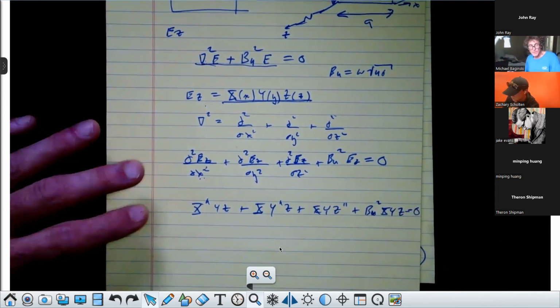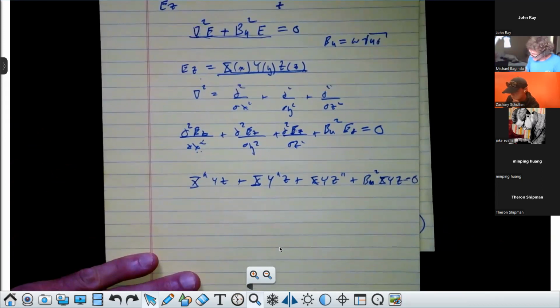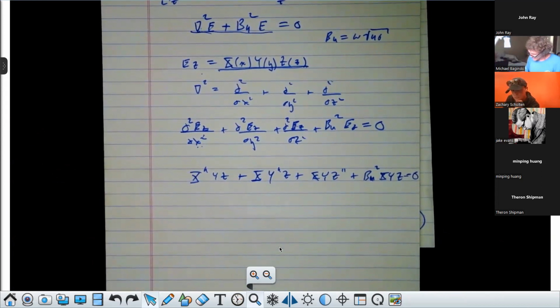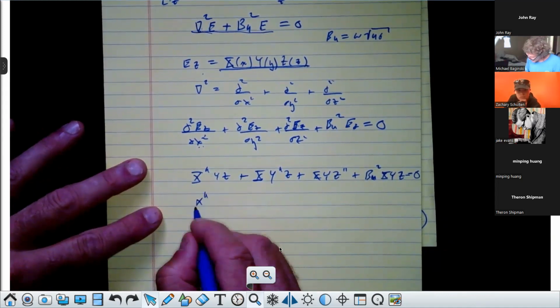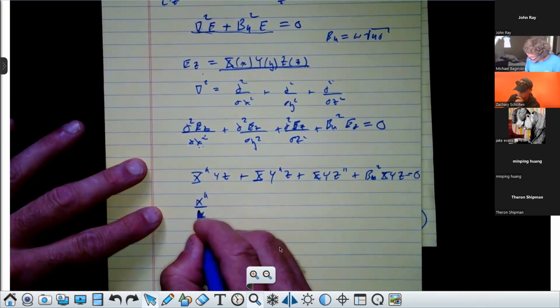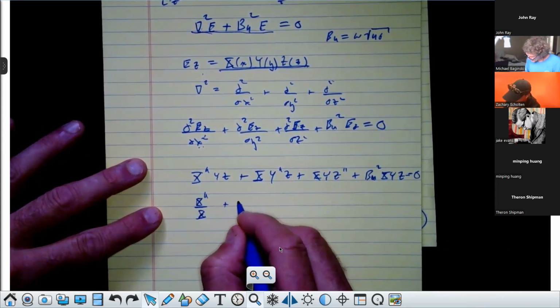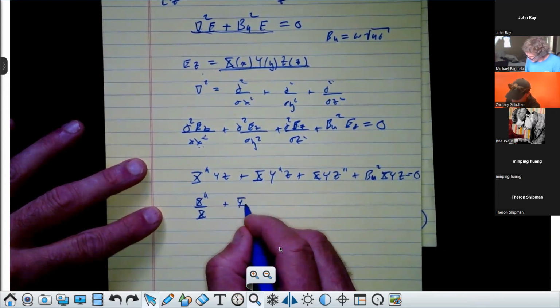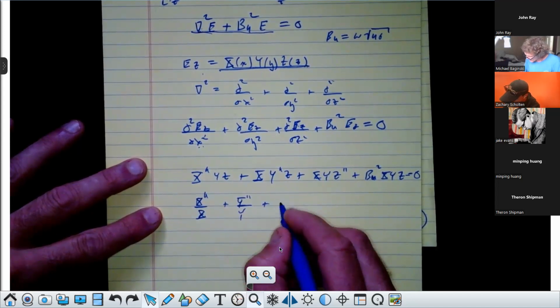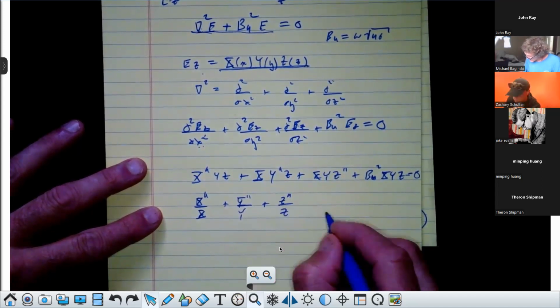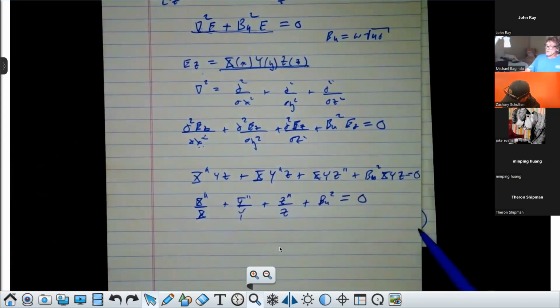Now, I'm just showing you what's in his book. But now I take this and I divide everything on both sides by the function x, y, and z. And when I do that, I get x double prime over x right here, and those are functions, plus y double prime over y plus z double prime over z plus beta unguided squared equals 0. Just take a moment. Take a look at what went on. I divided everything by x, y, and z. So now I have these functional forms left. And the reason I did it,